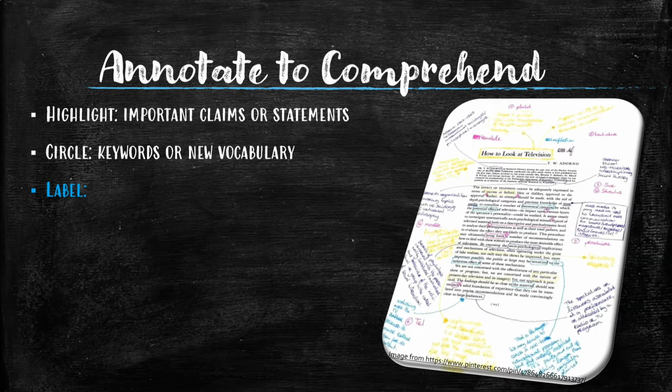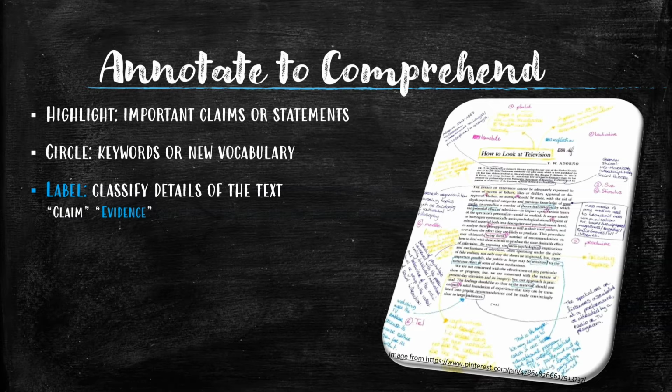We might label our text to classify specific details. So this is more advanced, but it will help us engage at a college level. We might say this is the claim that the author is making. We have practice in our writing so far in this class making our own claims. So this will help us to identify when the author is making a claim. As readers, we'll say this is somebody making a clear and specific claim.